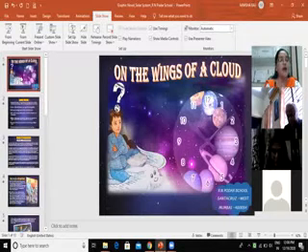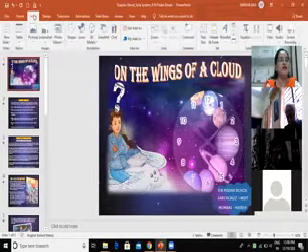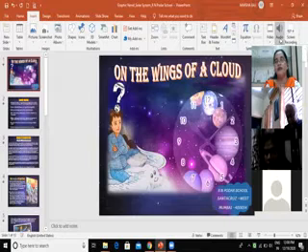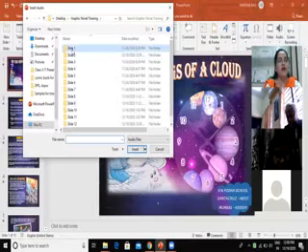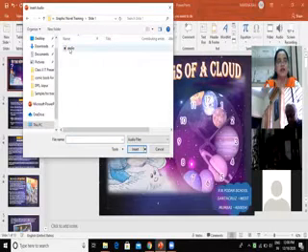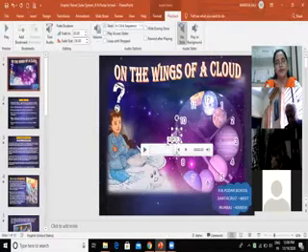Again, on slide 1, I'm going to insert the background music. I go to the insert tab once more. In the media group, from audio options, I choose audio on my PC. I'll select slide 1 where my audio is already saved. I select this and click on insert. Again, the speaker icon is appearing.